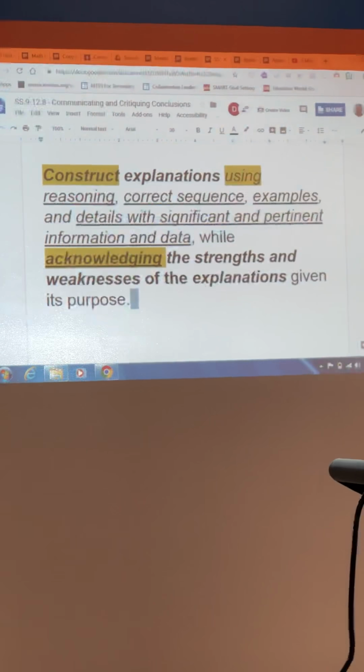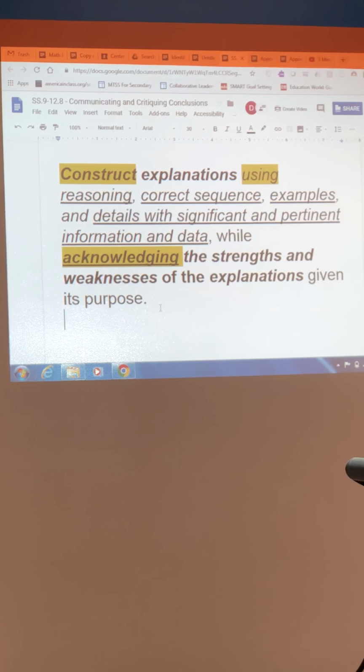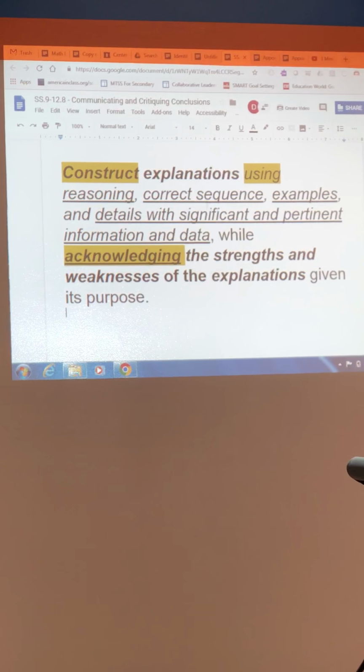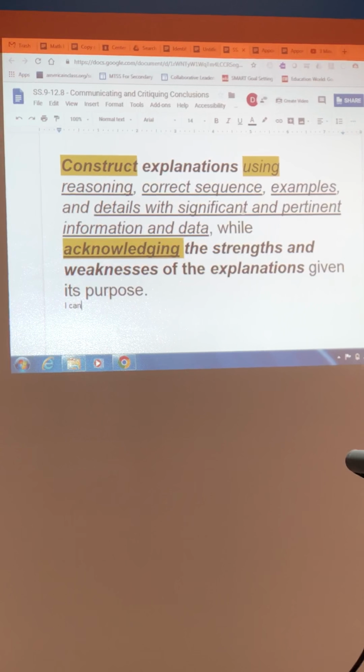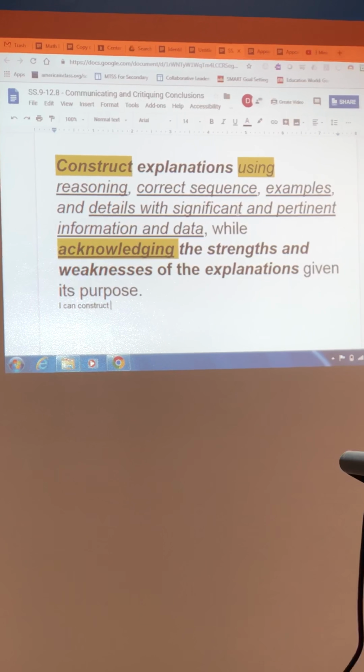So the next step here would be to create I can statements based on the work that we've done. What we're looking for are the verbs. And normally you take that verb and you put I can in front of it. But there's going to be a couple curveballs I'm going to throw you as we're doing this. So if I'm just going to start out, how do I make these I can statements? Okay, I'm looking at I can. Where's the first verb? Construct. Okay, I can construct